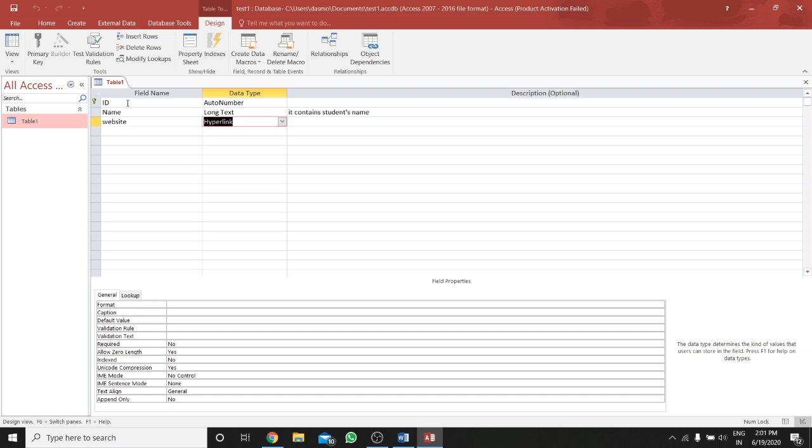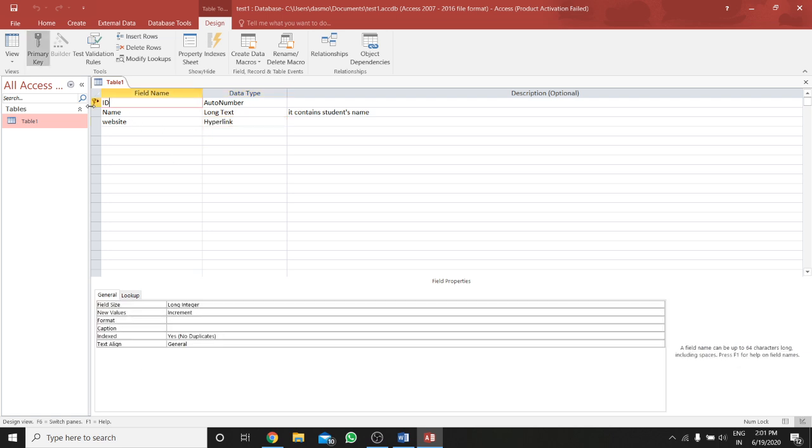When we select a field and give a right click, you can see the option Primary Key comes. Or another way is to select a field and then click on the Design tab.